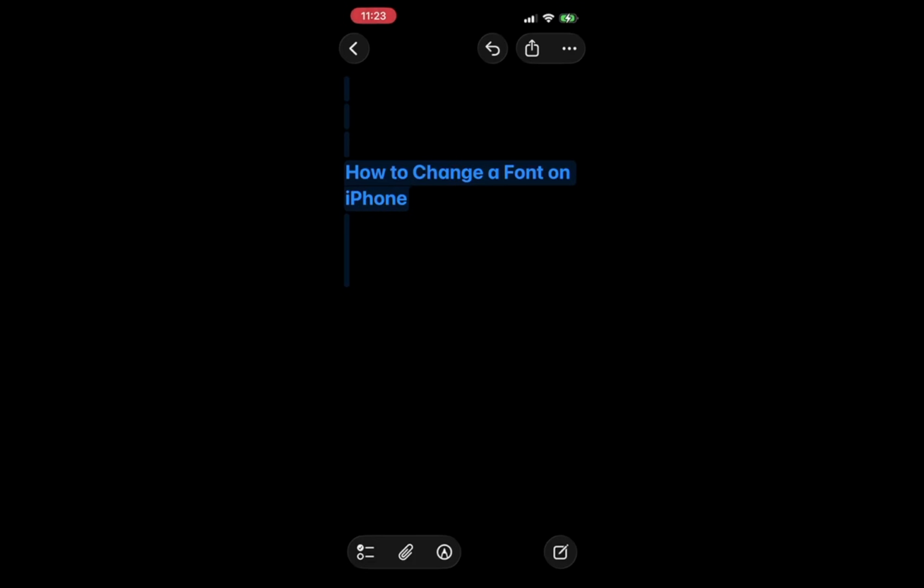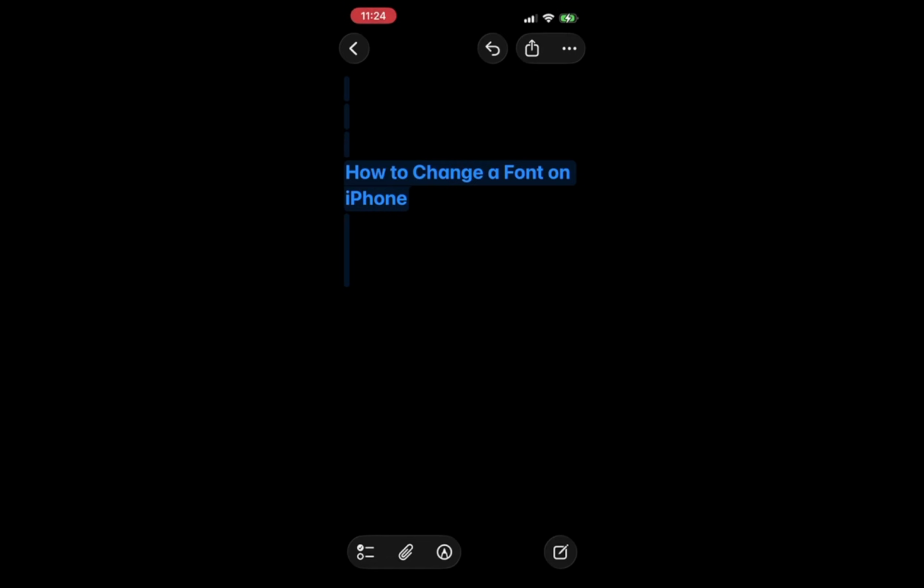In today's video, I'm going to teach you how to change a font on iPhone. While Apple does not allow you to change the system-wide font on an iPhone, there are several useful options available to customize your text experience. You can adjust the text size, make your text bold for better visibility, and even install custom fonts for specific apps. Each of these options offers a unique way to enhance your reading and writing experience on your device.